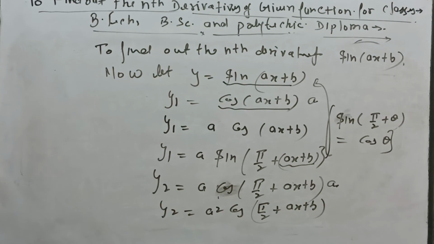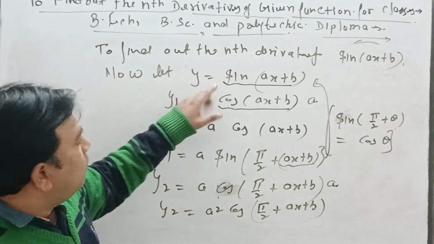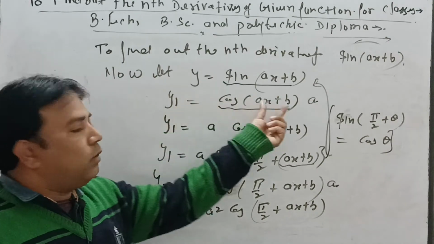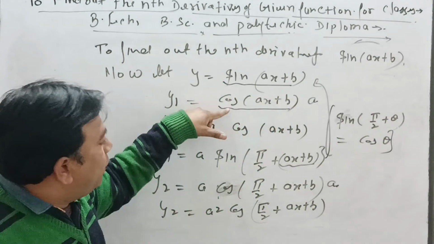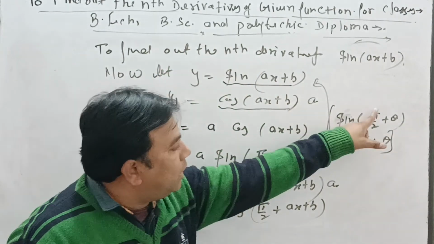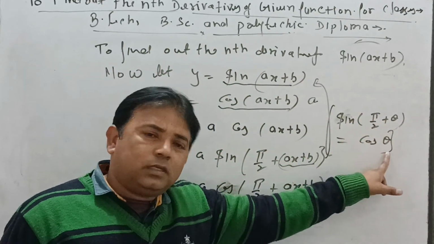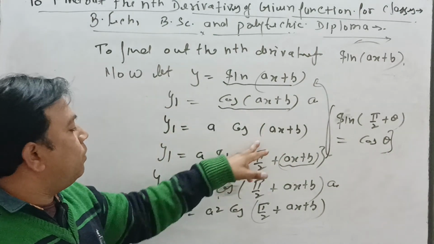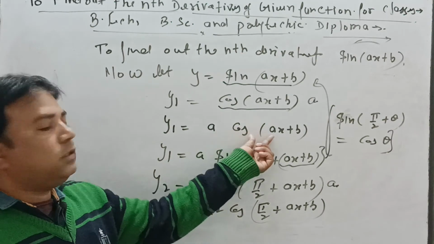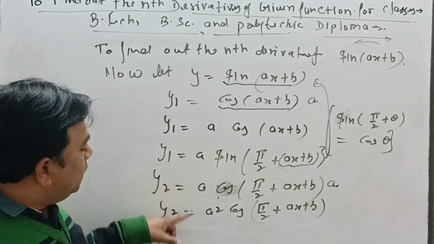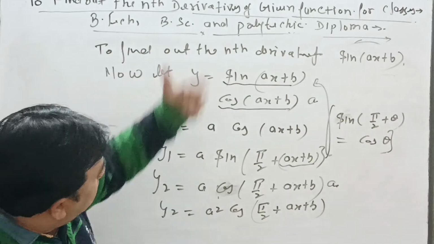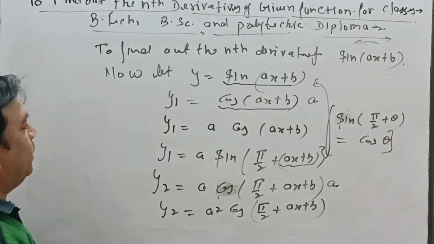So please make a note. If you have any doubt in this question, first we differentiate the function with respect to x. So y1 is equal to cos x. But this function can also be changed back into sin x, using the formula sin(pi/2 + theta) = cos theta. So you write the value as sin(pi/2 + ax + b), which represents sin theta. Again differentiating, again the function changes into cos theta, which is again changed into the sine of the initial function.